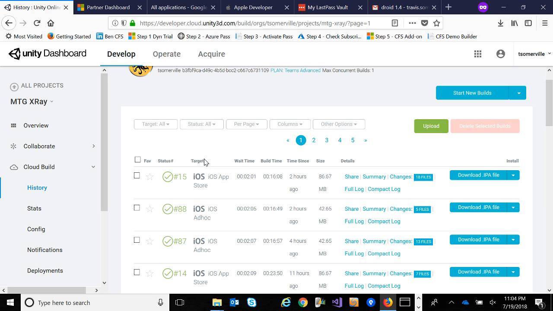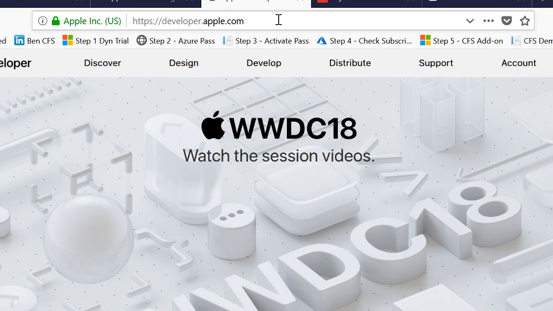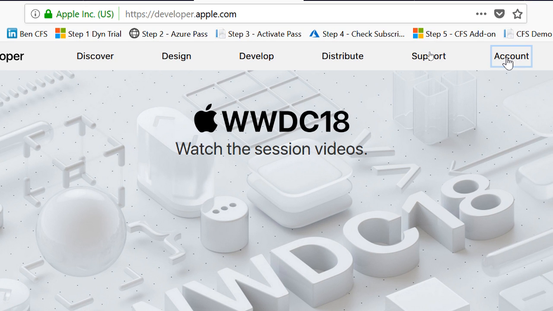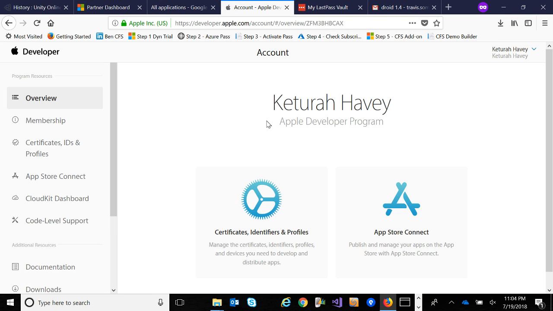But then you get it up in the app loader, and then you need to go to your Apple developer account. So I'm going to zoom in real quick for you here. Developer.apple.com is where you want to go. You're going to want to hit your account button and sign in. Okay. You have to put your credentials in probably. And then this